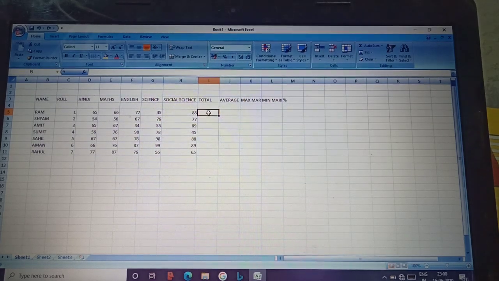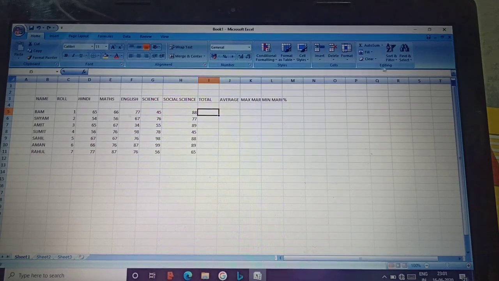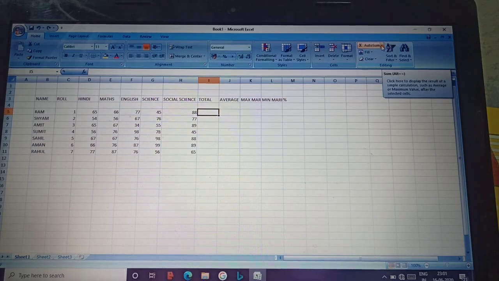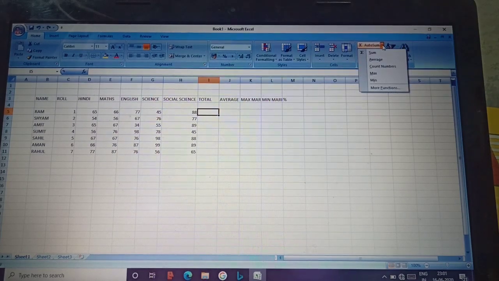There are different ways to find the total, because in the Home tab, in the Editing toolbar, we will get AutoSum. When we click on the small arrow next to AutoSum, we will get the formulas.